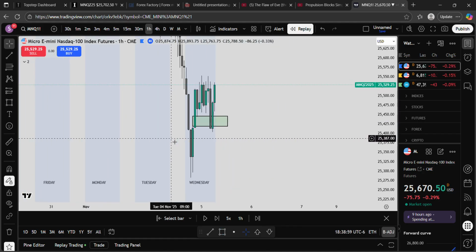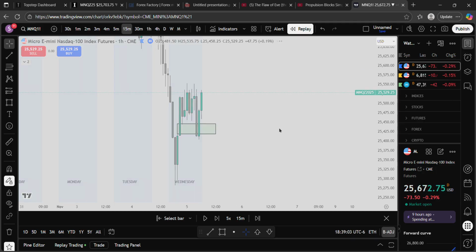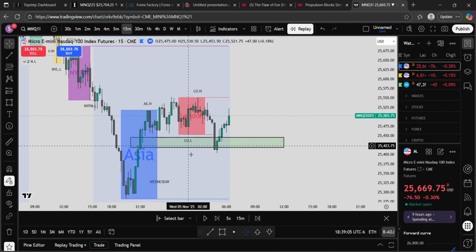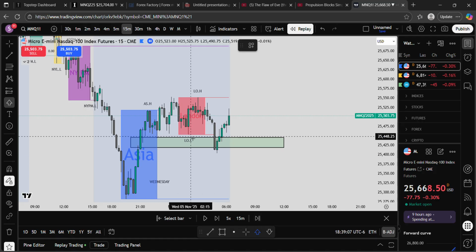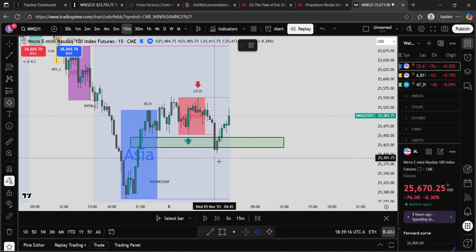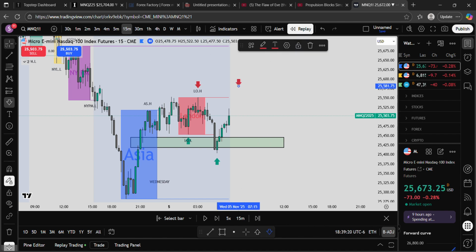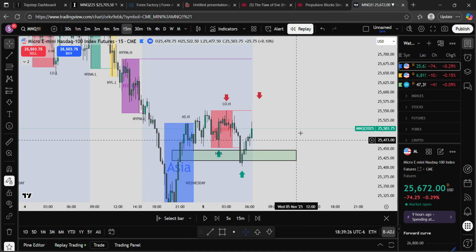And I think, okay. Bullish fair value gap getting respected. Now let's go down to the 5 or the 15. And with this, let me go ahead and show you what a breaker is. I'll show you all the confluences. So we got a low, a high, a lower low, and then a higher high will be created once we change state of delivery or get a market structure shift, which